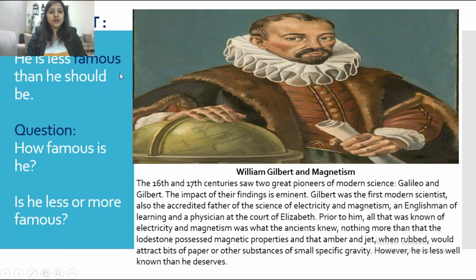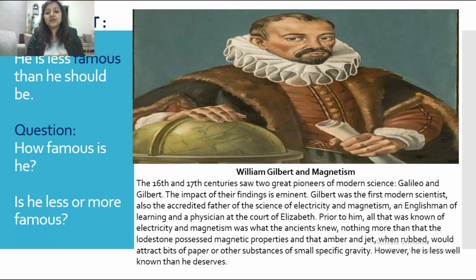So the second step after reading the statement carefully is framing a question. We have framed the question over here: how famous is he? If you are going to get the answer by reading this paragraph, is he less famous? Is he more famous? That means you have got the answer in the paragraph. If you are able to answer these two questions, that how famous he is, less famous or more famous,